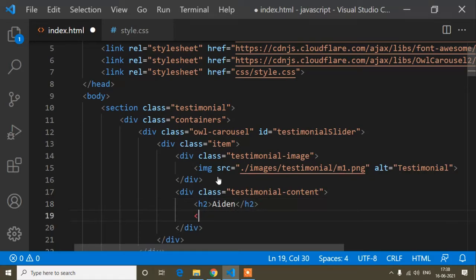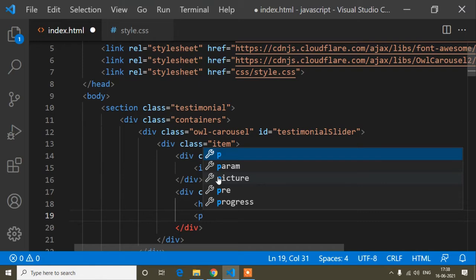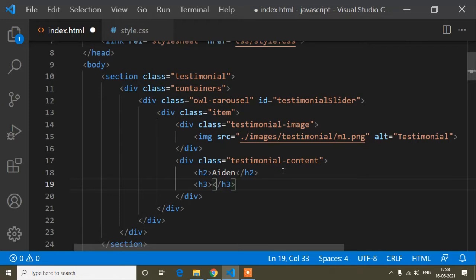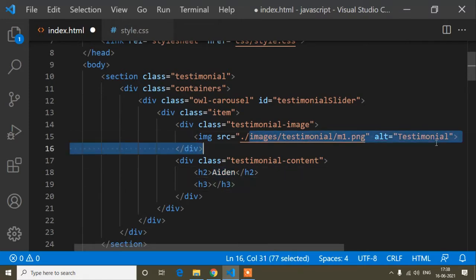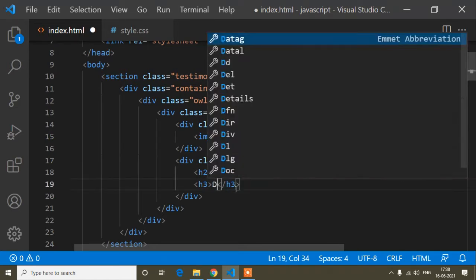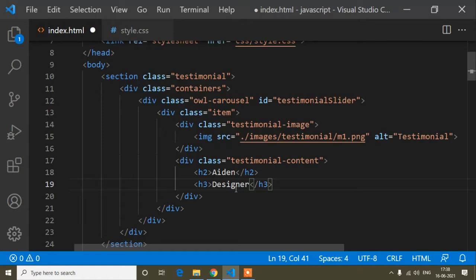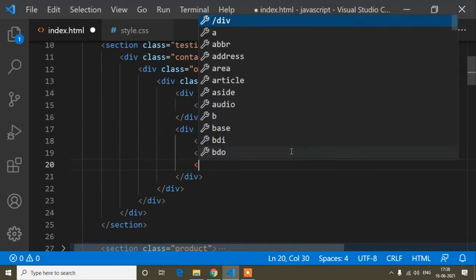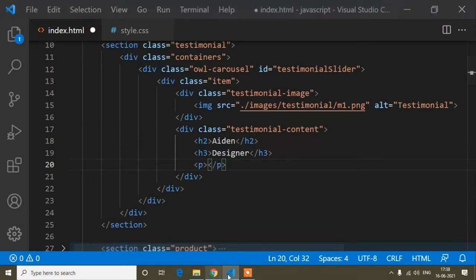Here I will write an h3 tag, and inside this h3 tag I will write the designation of this reviewer. This man gave the review and this is his image, just as an example, and this one is the designation, designer.